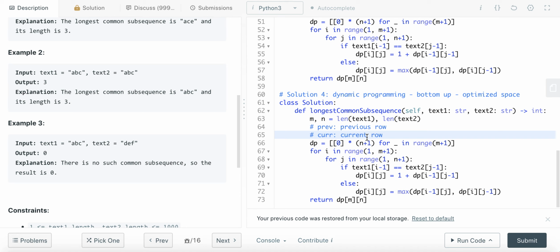Since each row contains all the elements, each row contains the element of all the columns in that row. So in that case, we automatically cover the previous column. So let me try to set up the initialization of the previous one. At the very beginning, the previous one should be the